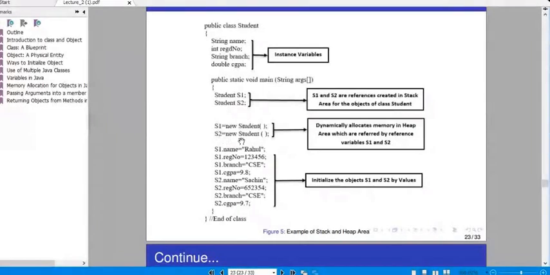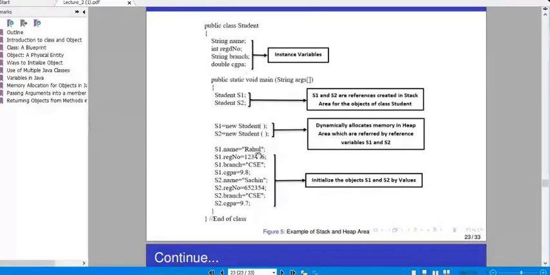Okay, so till now I cannot say what is the name, registration number, branch, CGPA for the object reference S1. I cannot say what is the name, registration number, branch, CGPA for the object reference S2. JVM has provided the default value for all these data members. Now I have to initialize the data members.